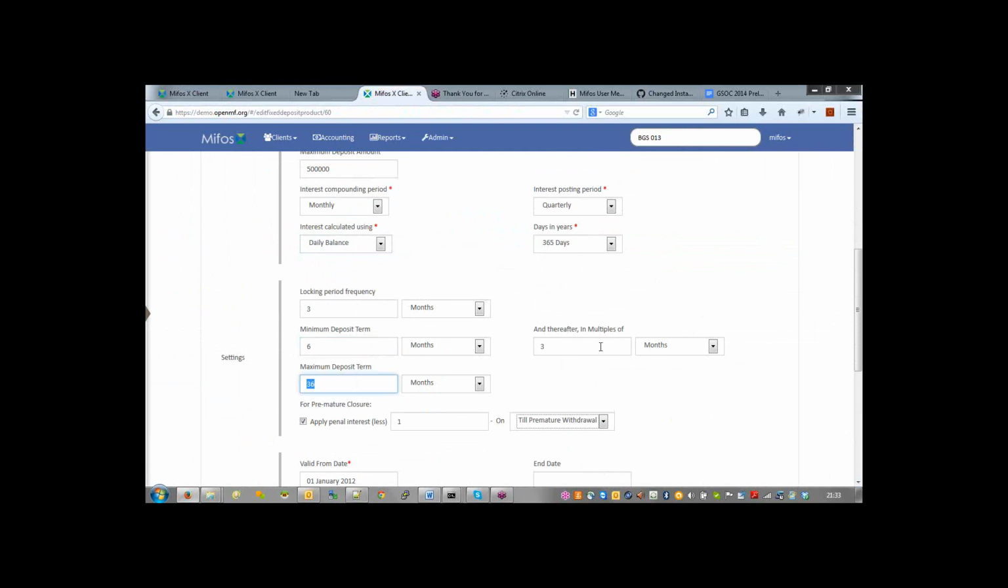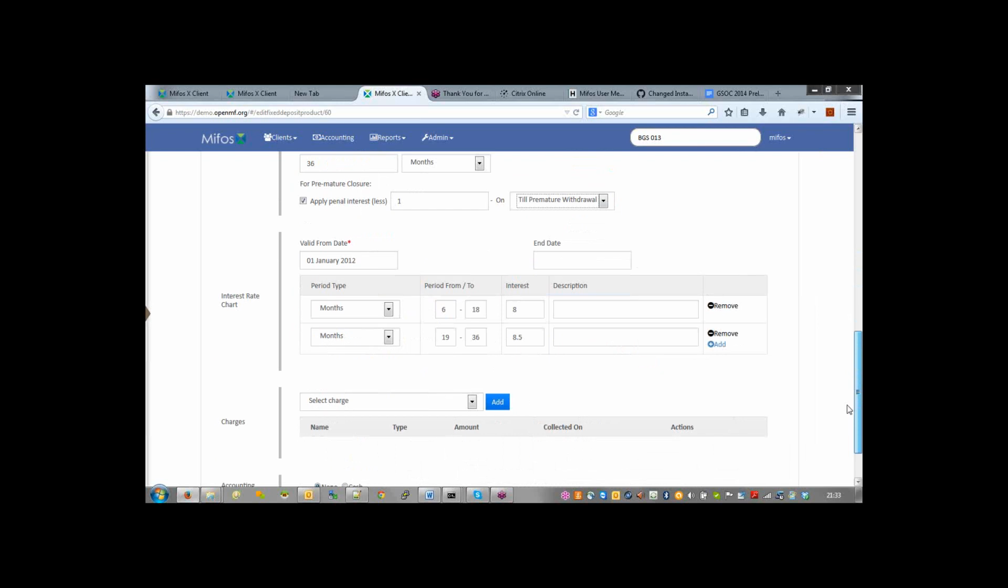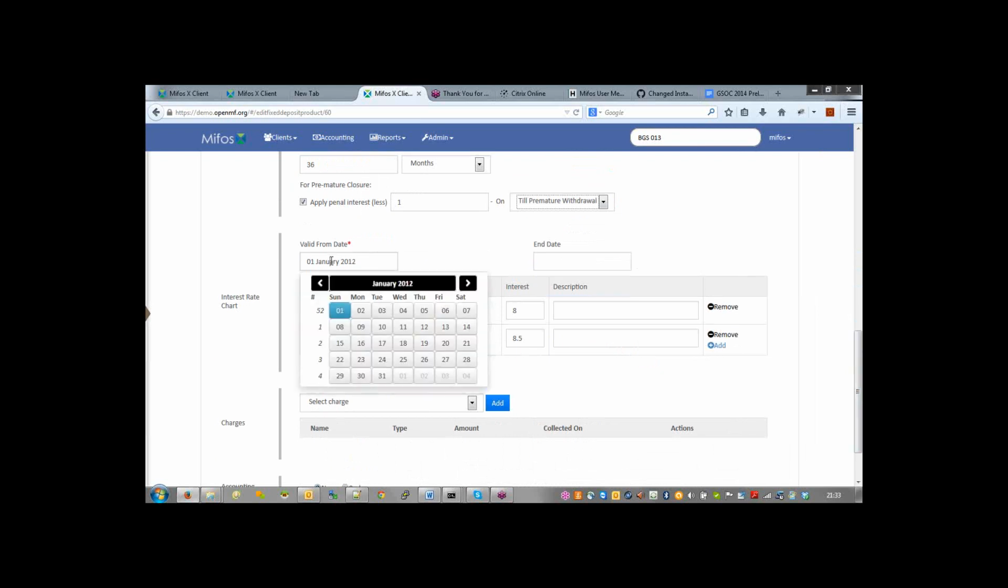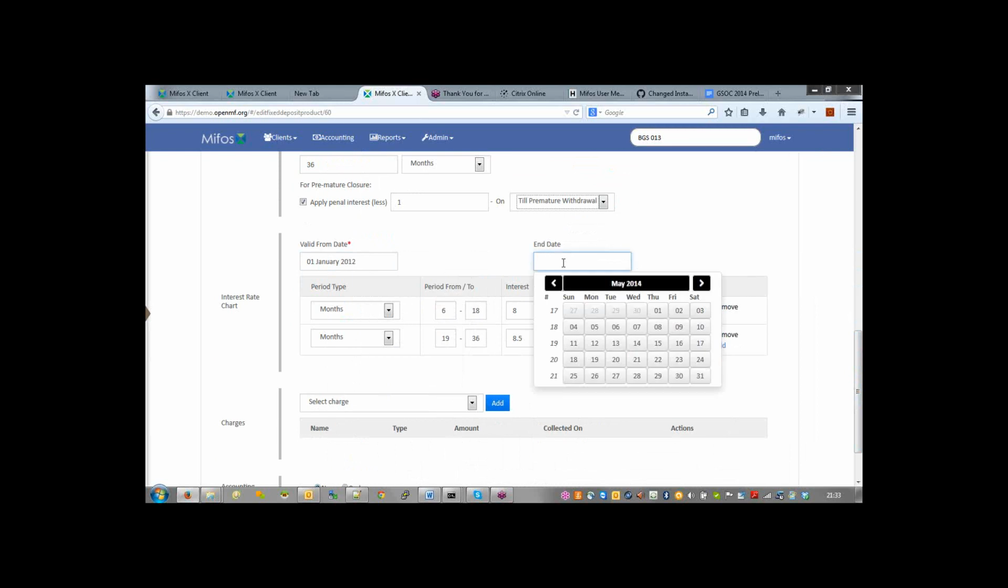And after 6 months, it's in multiples of 3 months. That means you may not be able to do a deposit for 8 months, but you'll be able to do a deposit for 9 months, 12 months, 15 months, etc. And the interest rate varies based on the number of months. This interest rate is valid from 1st of January 2012, and there is no end date, which means that it continues